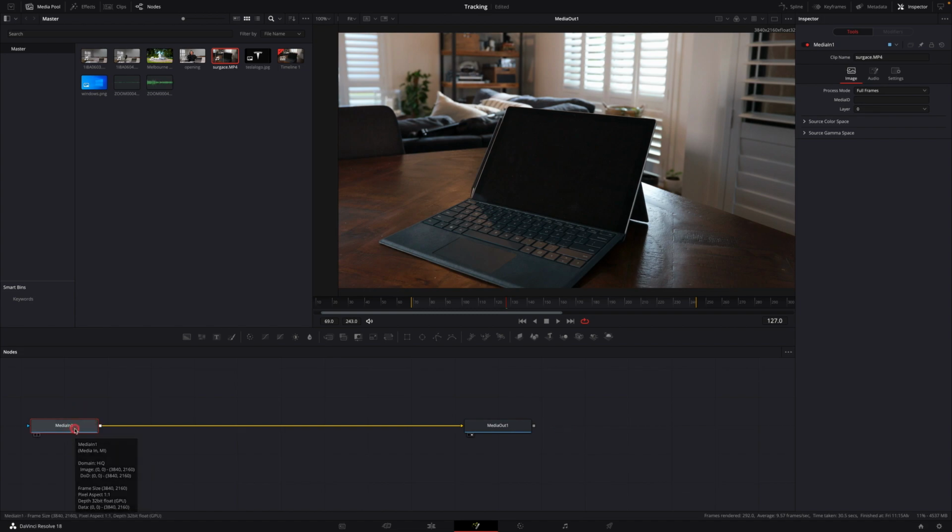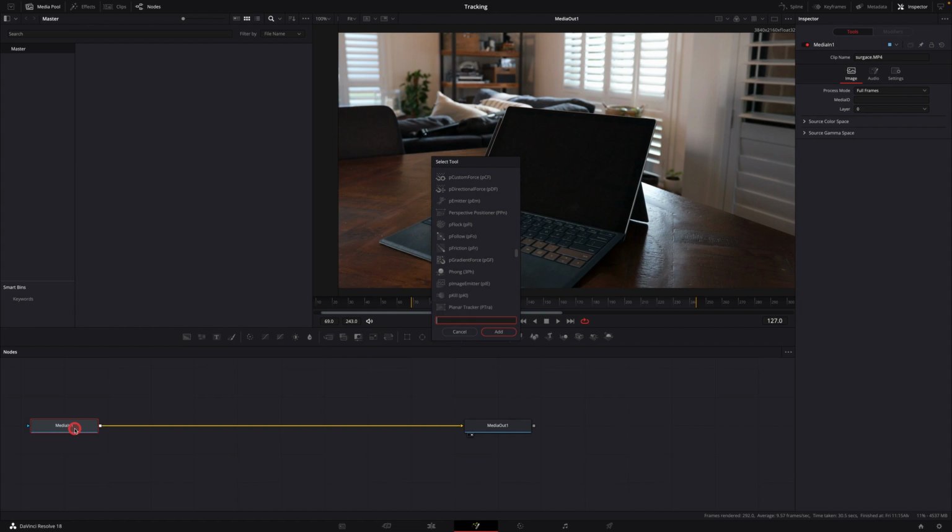So we're going to click on the Media In node, and we're going to use the keyboard shortcut, which is Shift and Space together. That brings up a pop-up window in the middle of the screen, and we're going to be adding a tracker. So type the word tracker